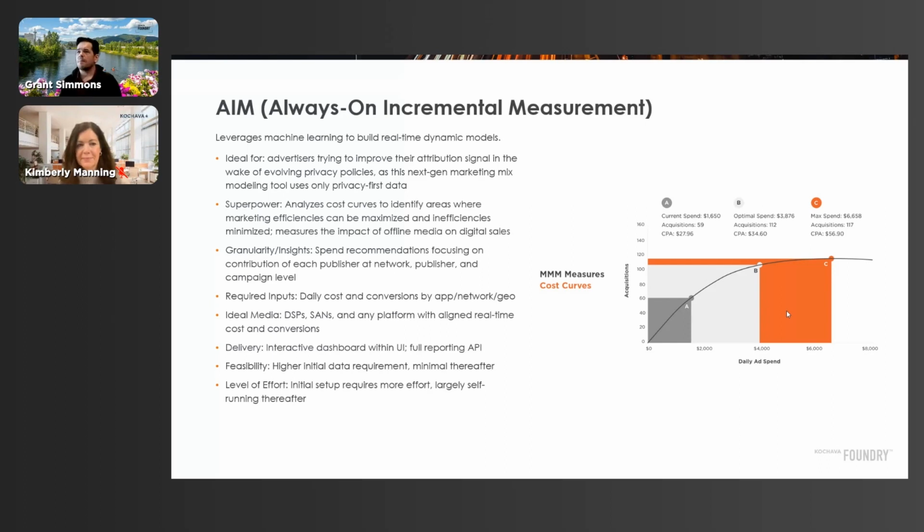information on AIM. But what this thing's superpower is, it uses cost and conversions, typically cost per day, per partner, per platform, per geo, and then conversions per day, per platform, per geo as well. And it builds this sort of, again, recursive model to say, over the next 7 days, given this level of cost, how many conversions do we expect? And so this thing's super thirsty in terms of back data it needs. It takes a little bit to get stood up.